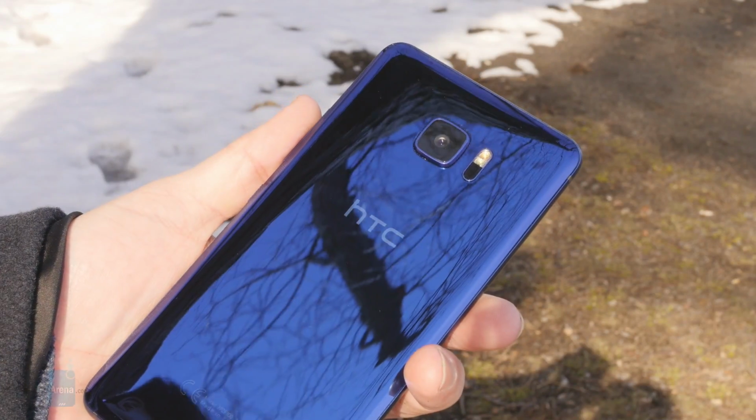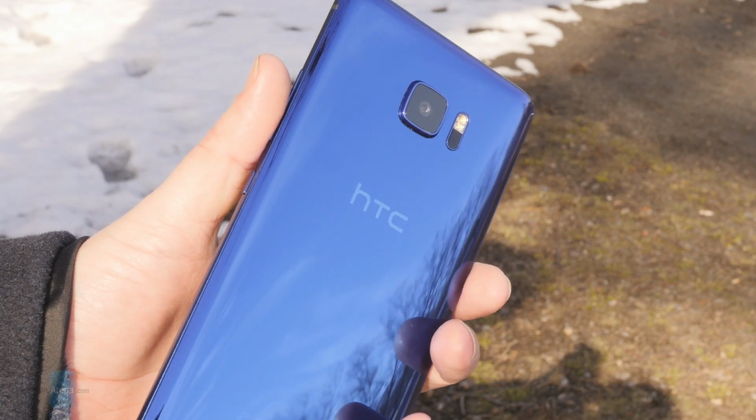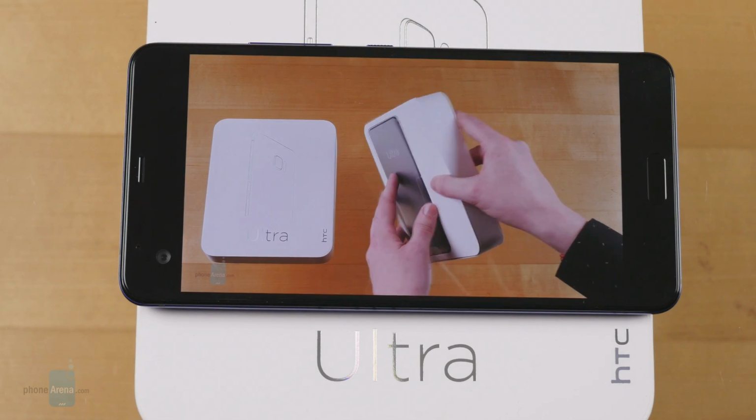The HTC U Ultra does a lot of things okay. It's got good performance, a decent camera, and the phone's got an attractive finish, at least until you cover it in fingerprints. But it's also a phone with a surprisingly small battery, one that doesn't do anything really innovative with its secondary screen, and frankly it just feels a little bit large, though opinions will certainly differ on that last point. All of this adds up to a package that just doesn't feel polished enough to compete with Samsung's or